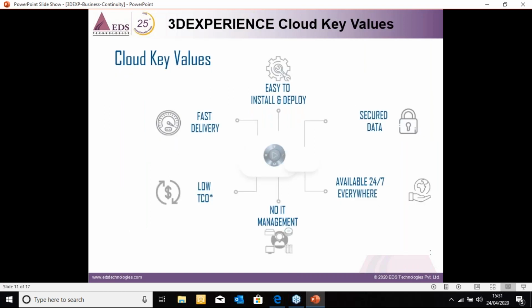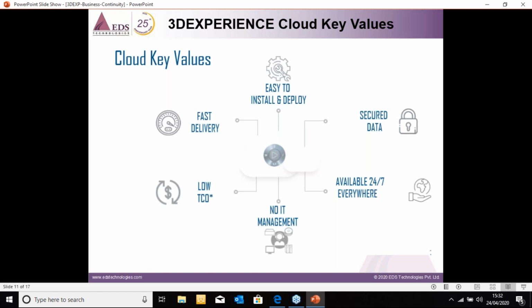So let's move on. We have seen the solutions, and we have seen how we can overcome these challenges by utilizing them. How do we ensure business continuity by utilizing these three solutions that we have talked about at length? Let me now take you to a bit of an infrastructure point of view, the cloud platform that we are talking about.